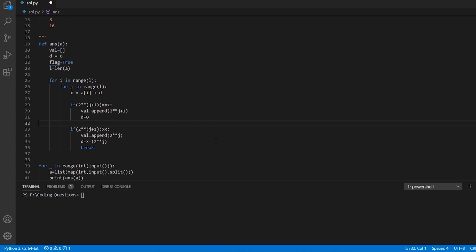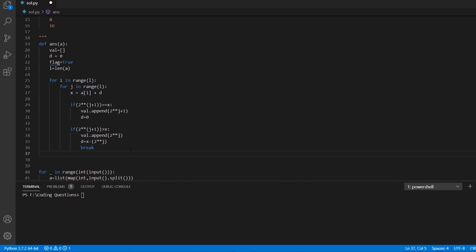Now what do you think, have we completed the problem here? The answer is no, obviously, because we have not dealt with the last or the corner case, which is what will happen if all the values of our input list have finished. There can be a case where the difference which we calculated up till now is still remaining, and in that case we need to still process it as well. We have not finished processing all the streams yet, so we need to write something for it as well.